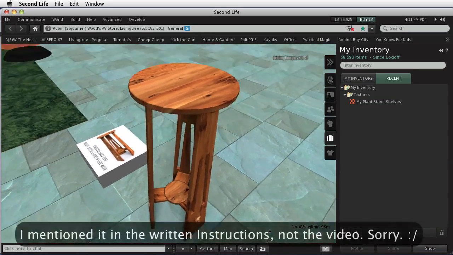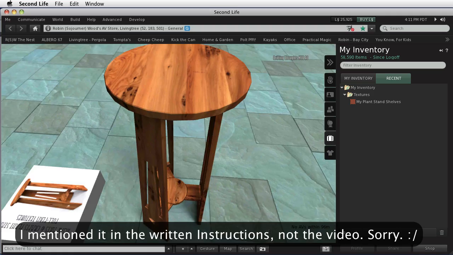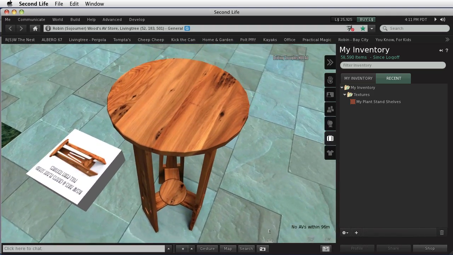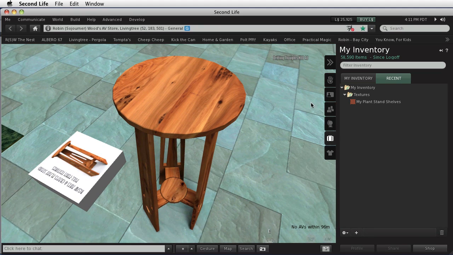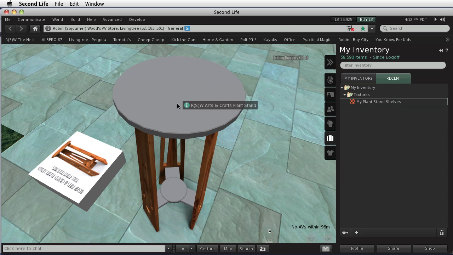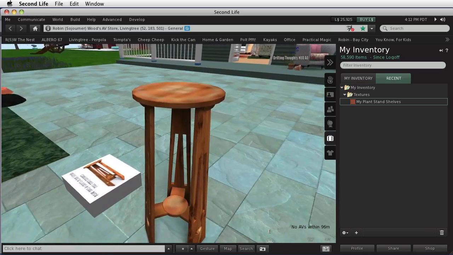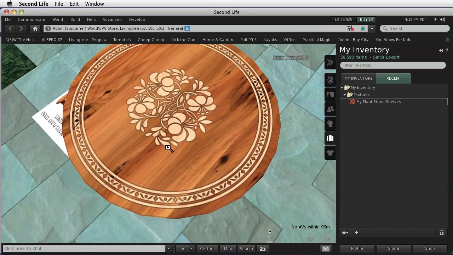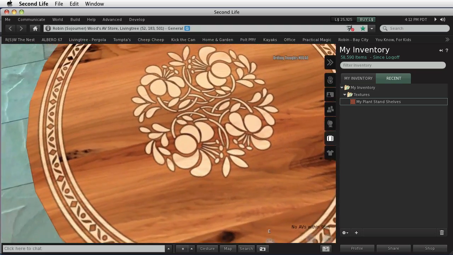So, now, as I mentioned before, this particular model is made with two materials which show as faces in Second Life, and they each have their own UV map. So, in order to get the plant stand shelves on, you just find it in your inventory, drag it over to the top, let go, and it changes the texture on all of those pieces that were on that map. And as you can see, there is our marquetry top,